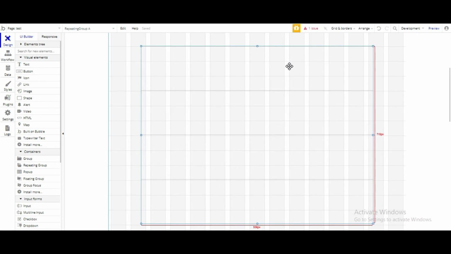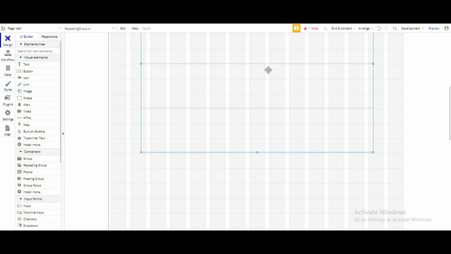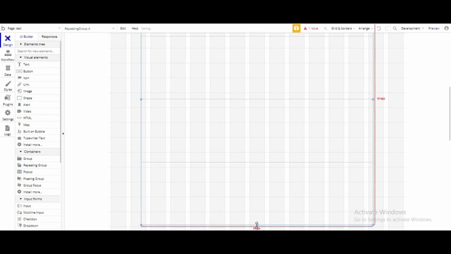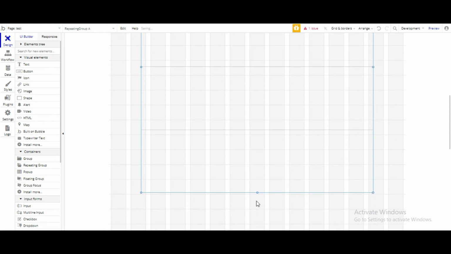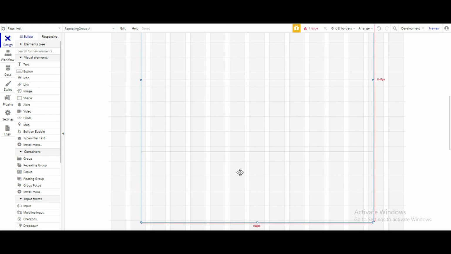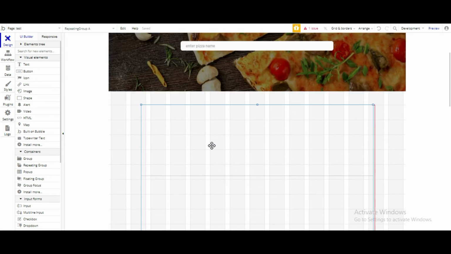So in the repeating group, the first block which you have here is a template and it will repeat itself. So let's just increase our group a little bit to give us some more space and then we'll see. See, as soon as I increase the size of this repeating group, the rows shifted. Whatever the size you will choose, it will divide itself into 4 equal parts. So that's why size of each part also increase. Now we have this nice space, so you'll see that if I do anything in the first block, that thing will repeat itself in all other blocks.